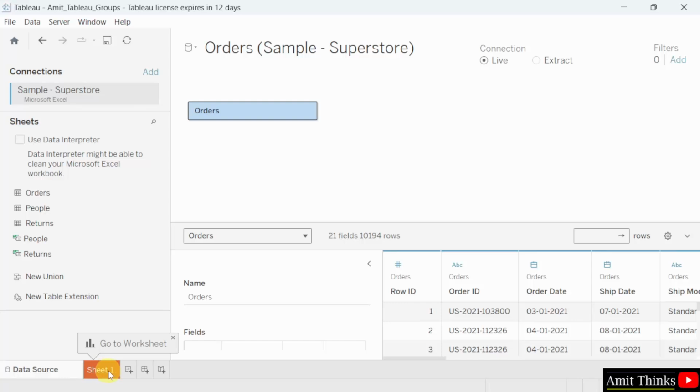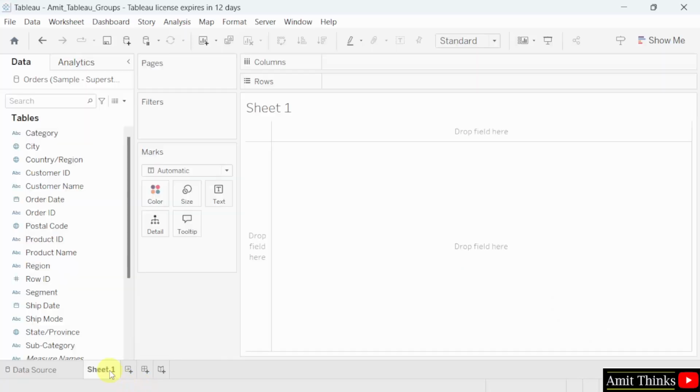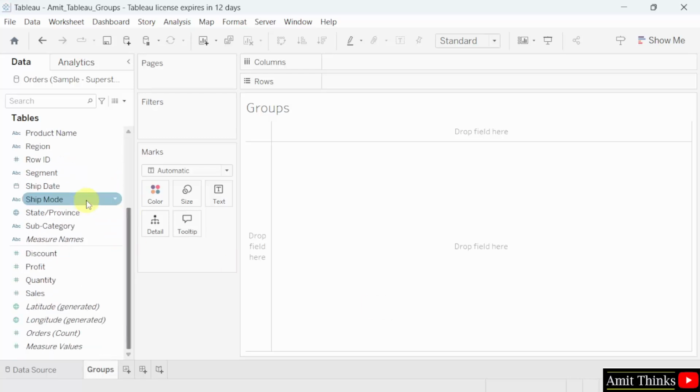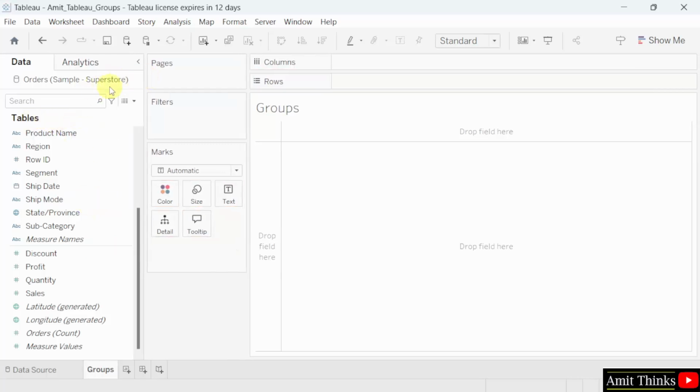Okay, I'll create a new sheet by clicking here. I'll double click and rename it groups. Now let us implement groups in Tableau. On the left we have dimensions and measures. Drag any of them and check the difference. Can you see the dimensions and measures here? And this is our table orders, which we added, that is, we connected the orders data source